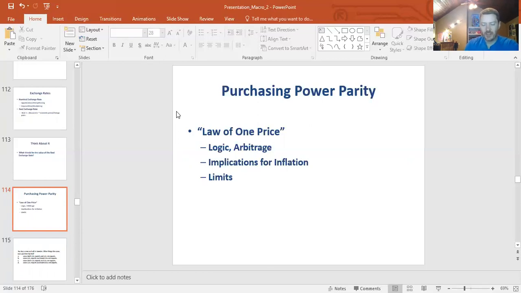Now, I will say there are some limits to the theory of purchasing power parity. First is simply transportation cost. In the example I just gave, it would cost money to take French wheat and bring it to America and sell it. So there is some limit there, right? The exchange rate won't be exactly 1, because if the exchange rate is really, really close to it, you wouldn't